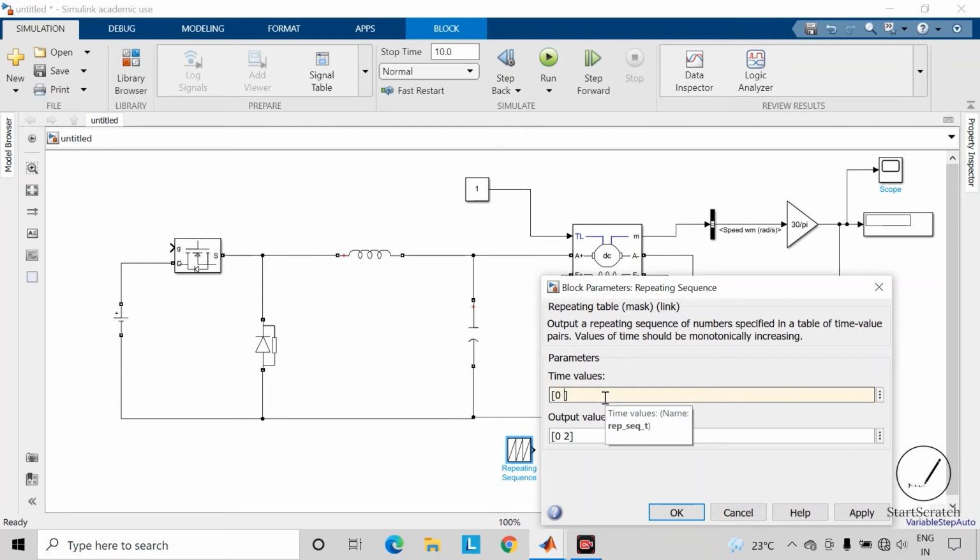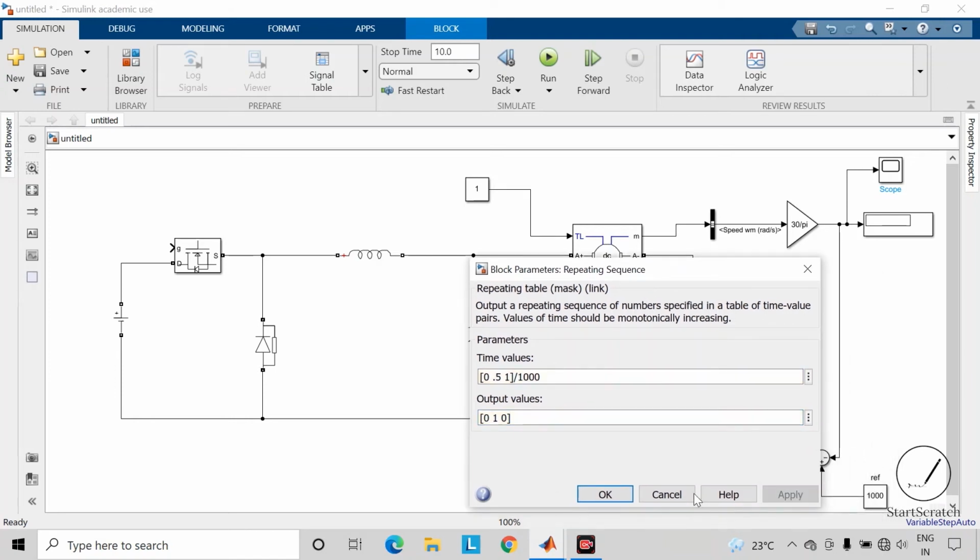So we will give this time value here as 0, 0.5, 1, and we will divide this by switching frequency of 1000 Hz. So for corresponding values of these time values, we will take the output values as 0, 1 and 0. So we have already seen this, how to use this repeating sequence block in our previous video.